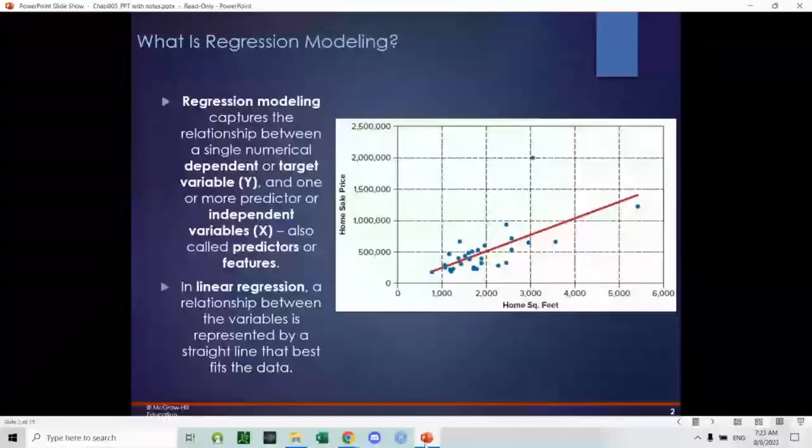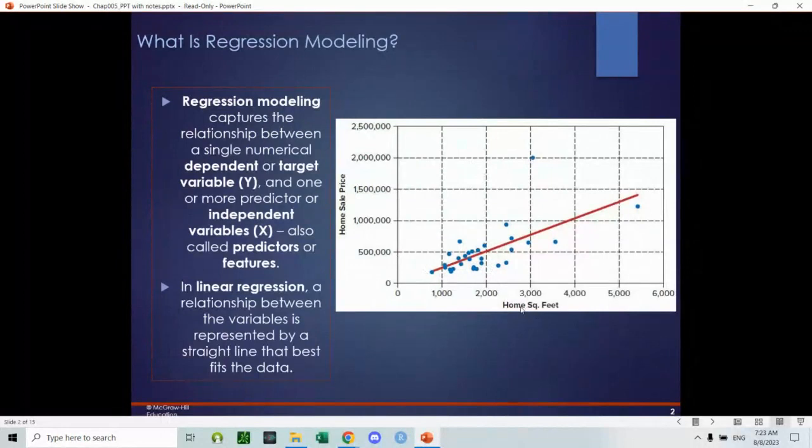So if you think about this visualization here, we have a scatter plot of dots represented by the square feet of a house by the price that it sells for. Then we're going to fit a line into that data, and the best fit line is what the regression algorithm is going to find. If you recall from slope-intercept form, the slope of that line is what we're really interested in. So y equals mx plus b. We would see the y-intercept somewhere over here,